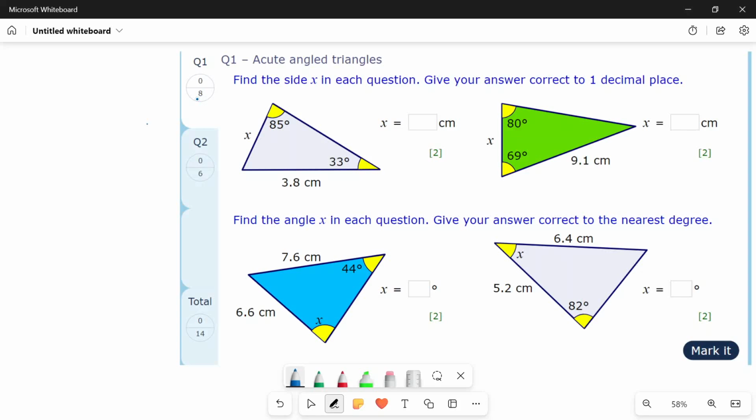Welcome, we're looking at the sine rule. Now the most important thing to remember about the sine rule is it's all about opposite sides and angles, meaning